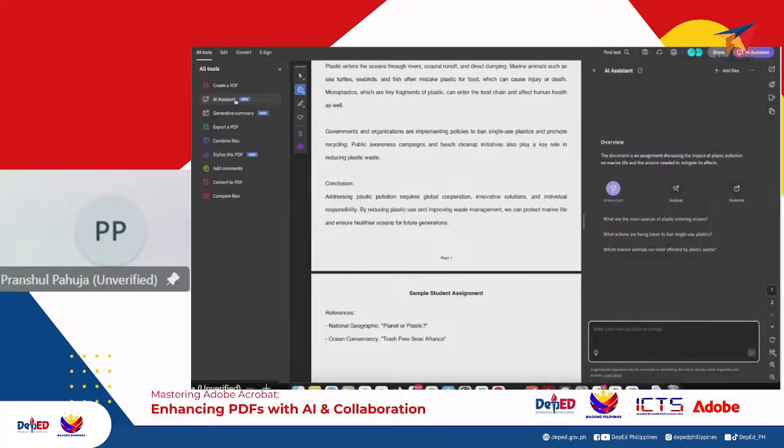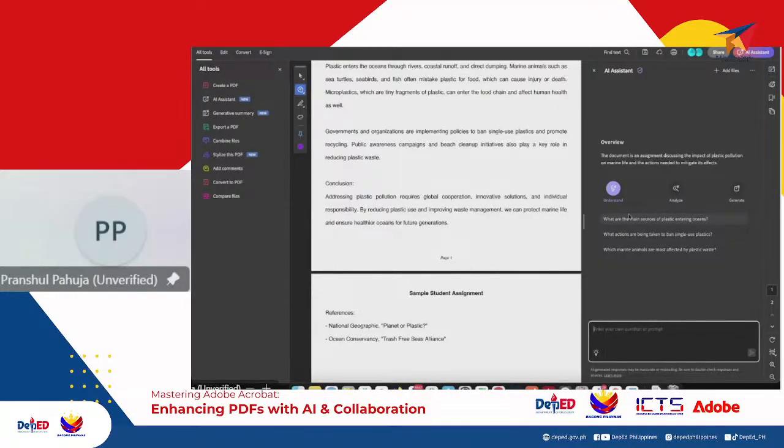The second thing you can do is go to AI Assistant, and it'll prompt you, hey, what do you want to do with this document? Do you want to understand the document? Do you want to analyze the document or do you want to generate something out of it? Let's just say I want to understand more about the document. Then, based on the topics you have selected, it will give you some questions as well.